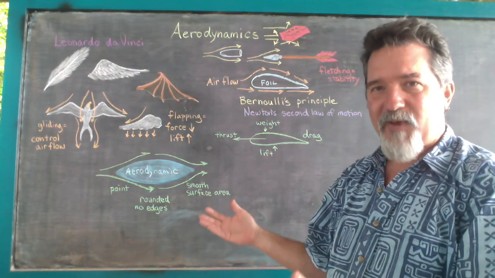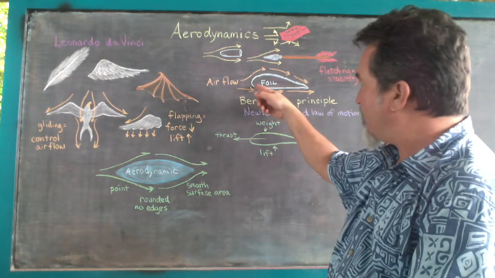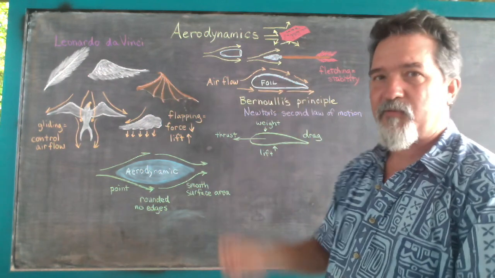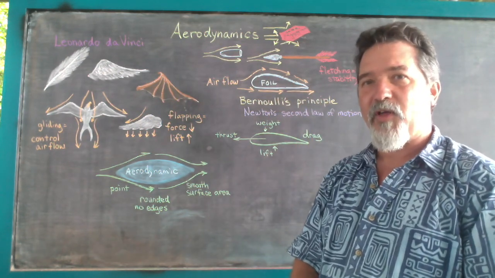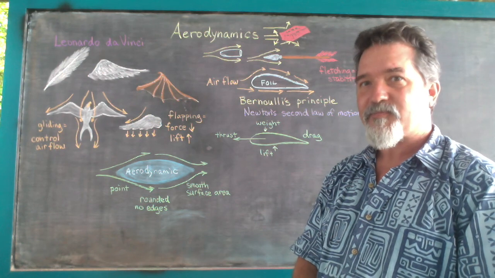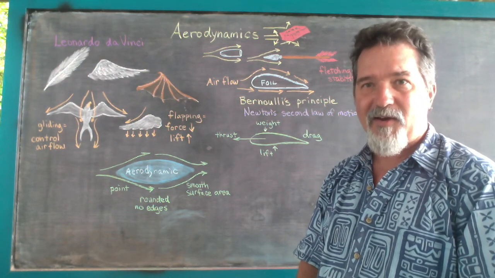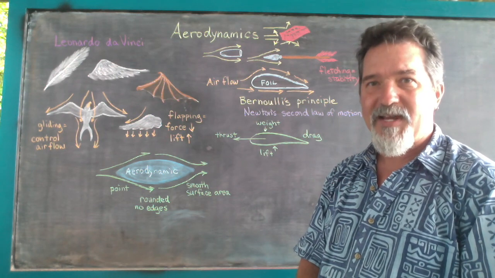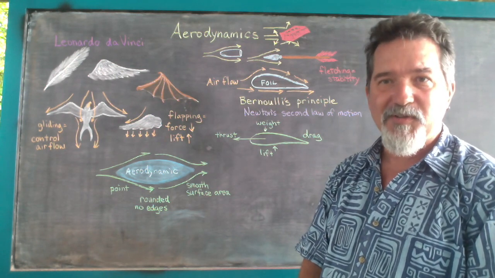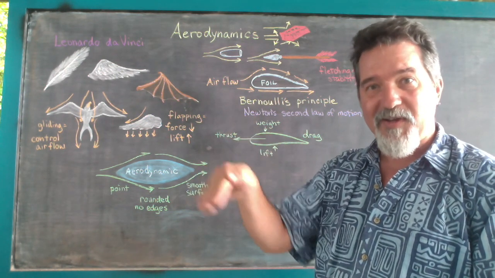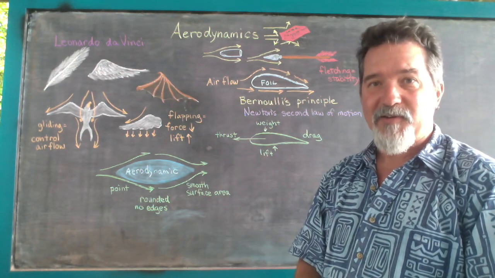So to put it fairly simply, the wing of an airplane, if we were to look at it from the side, is what we would call an aerofoil. The design of an aerofoil has variations depending on how thick it is in the front, how long it is, how much it tapers to the back, how much curvature there is in it. All of those are factors.